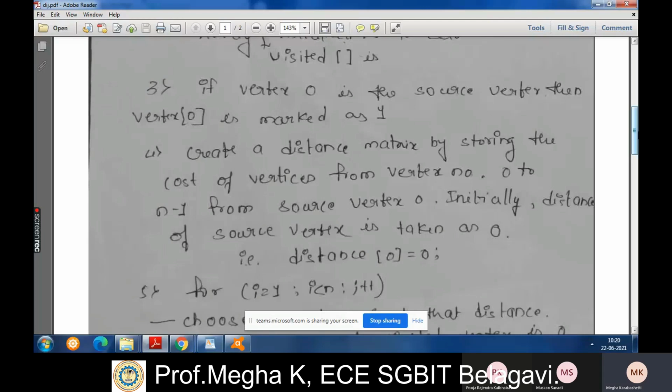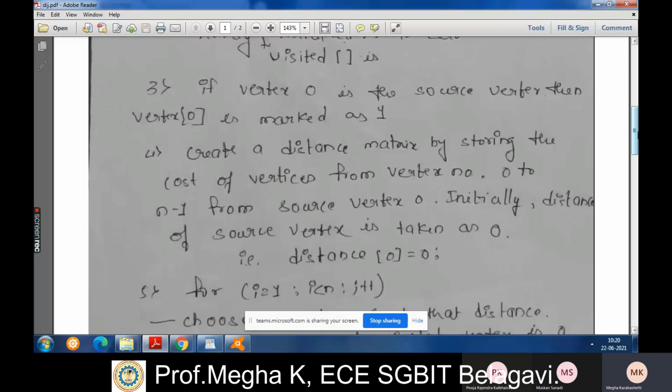You need to visit that node and do the calculations. If the node is already visited, that value becomes 1. The visited node's value is set to 1 in that matrix. That's why there is another separate matrix, called the visited matrix, visited array.